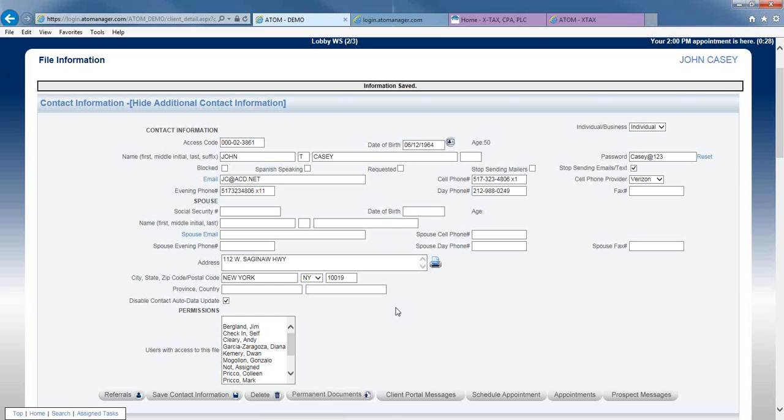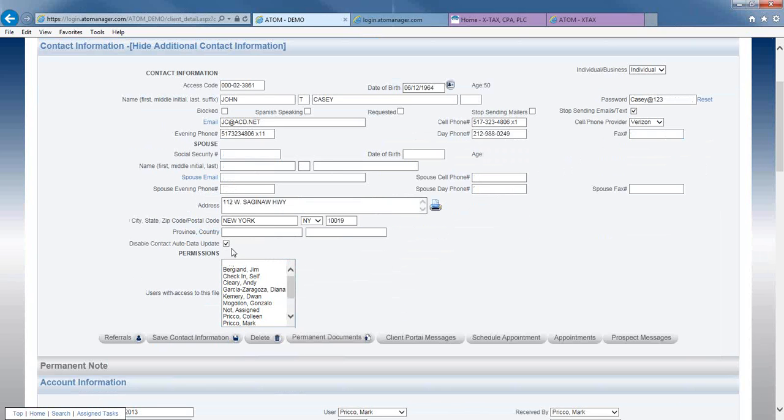Okay, disable contact auto data update. You're probably saying, what is that? Okay, so this has actually been here for a few years, and this is for the Drake Crosslink and TaxWise users that are pulling EF data in and contact information. So what was happening is we would e-file the return, all their current contact information would come in here, phone numbers, mailing address, and then